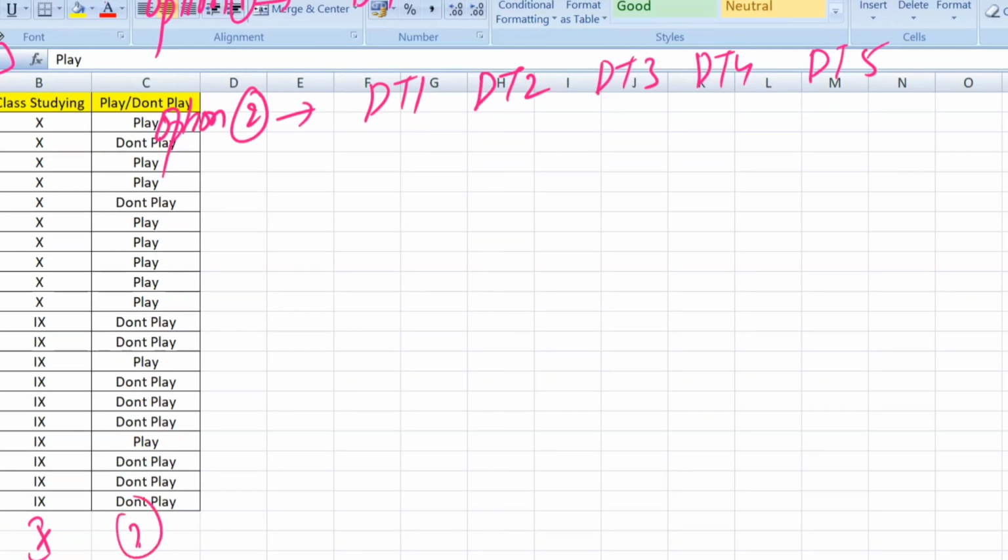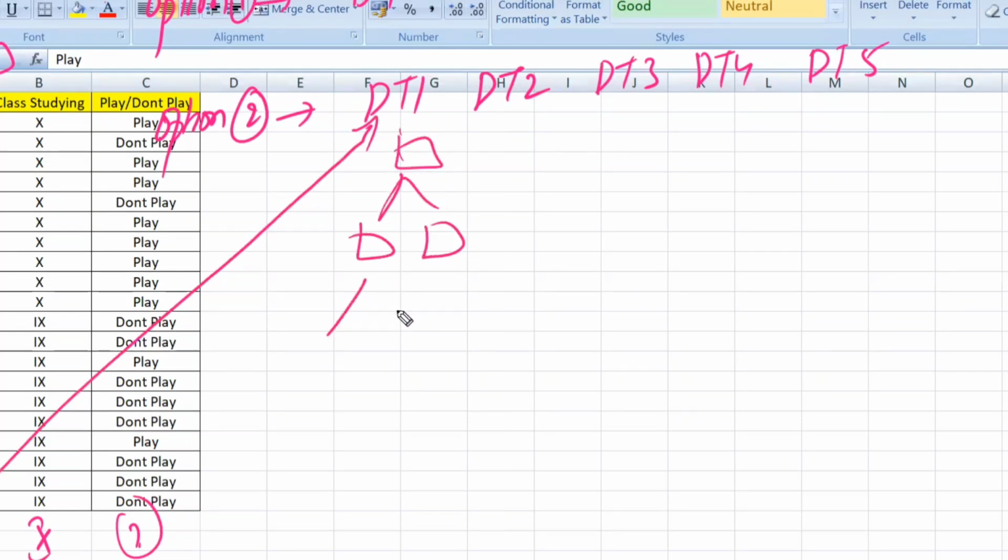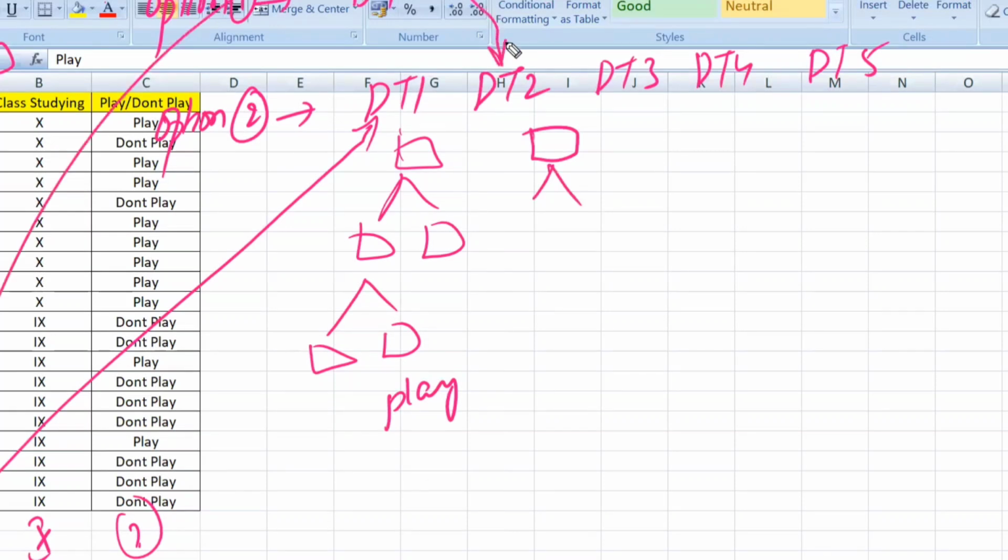Now, in the random forest, what happens? This same data you are going to send to decision tree number 1, and it will give the output as the person will play. Assume you are sending it to class 2. The same data you are sending to the second decision tree. This decision tree was created using different data, so this decision tree will be a completely different one. Because different data, right? As the data changes, the decision tree changes. So now the output you have got is that the person will not play.